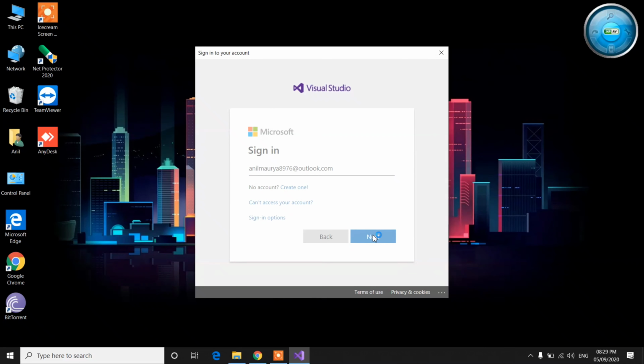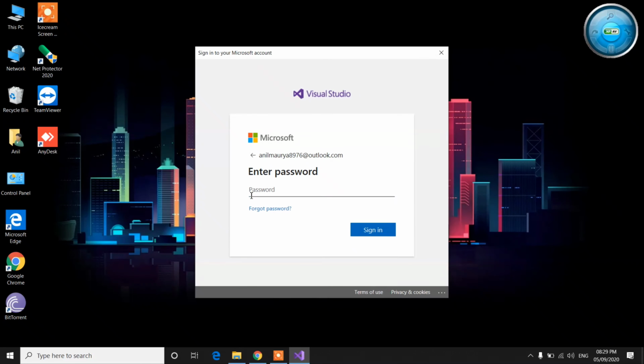Click on next. Now it's asking me to enter the password.